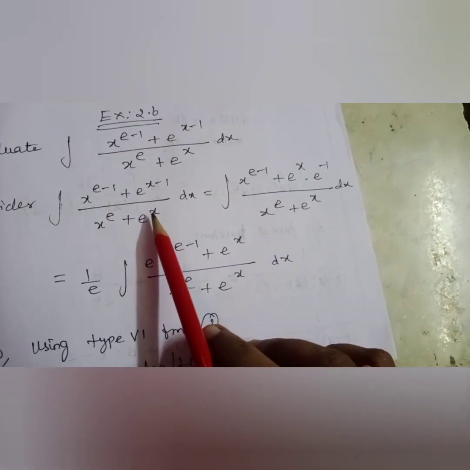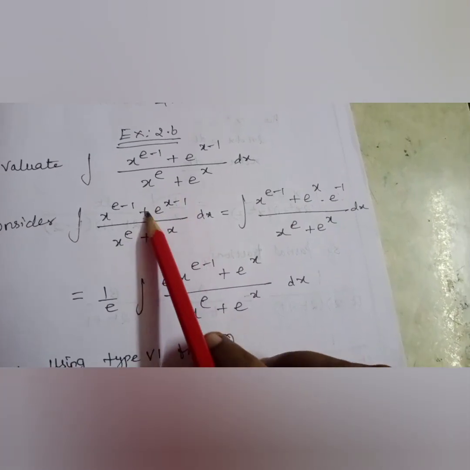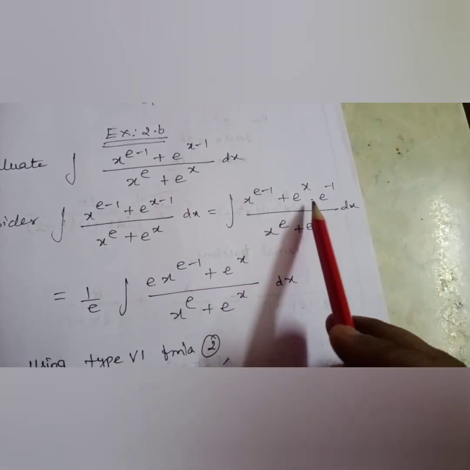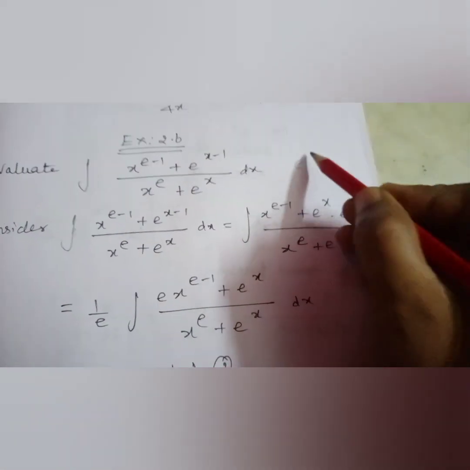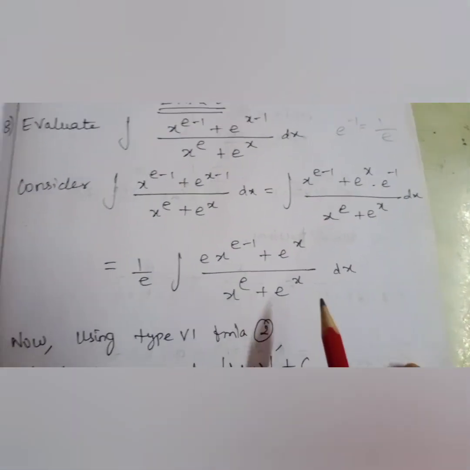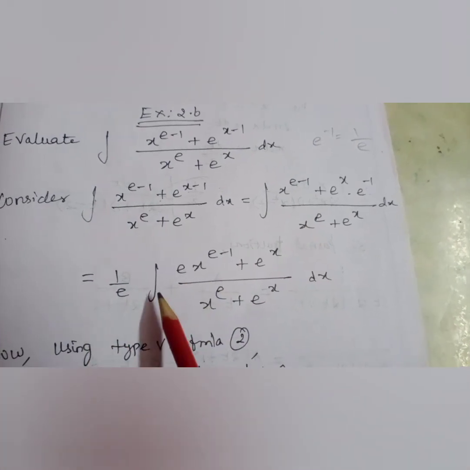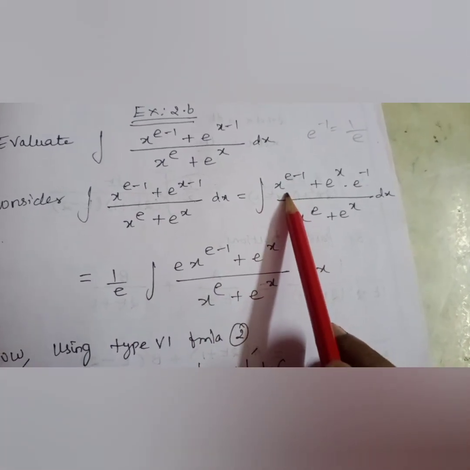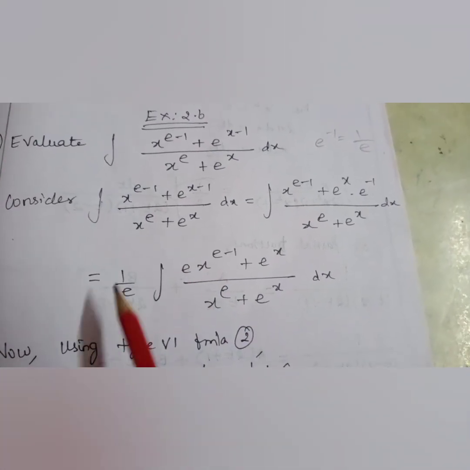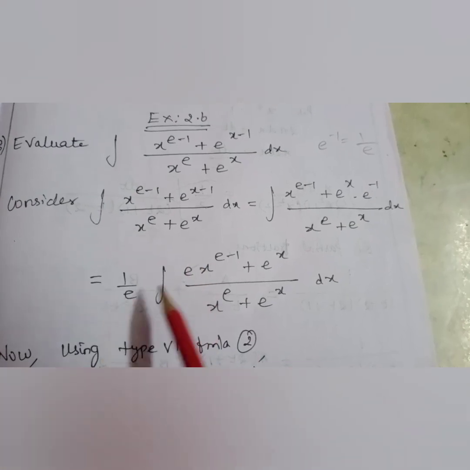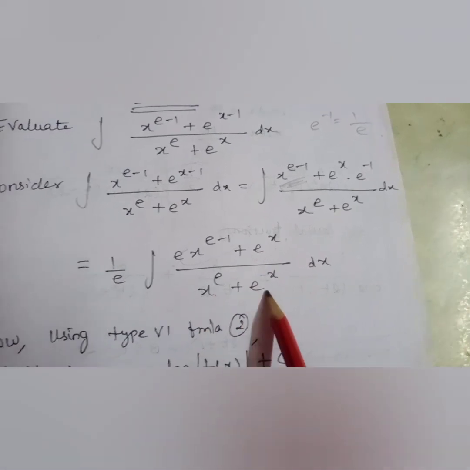We will consider the expression. See, I can write this x e power minus 1 as it is, let it be. But this one, e power x minus 1, I can split the base and write it as e power x into e power minus 1. What is e power minus 1? e power minus 1 can be written as 1 by e also. So that is what we have done. In the next step, I am going to take this 1 by e outside. So taking that 1 by e outside, here there is no e term at all, so obviously you will get an e term multiplied over there, so that when I am taking this inside, 1 by e into e and e will get cancelled and I will get back the original term. Okay, and plus here e power x divided by x power e plus e power x.